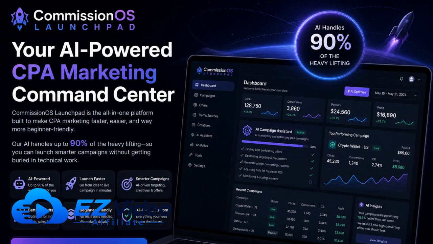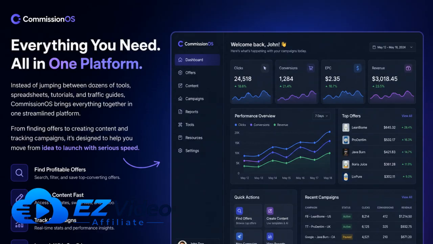CommissionOS Launchpad is the AI-powered command center built to make CPA marketing faster, easier, and way more beginner-friendly. It's positioned as the tool that can handle up to 90% of the heavy lifting, helping you launch smarter campaigns without getting buried in technical work. Instead of jumping between dozens of tools, spreadsheets, tutorials, and traffic guides, CommissionOS brings everything together in one streamlined platform. From finding offers to creating content and tracking campaigns, it's designed to help you move from idea to launch with